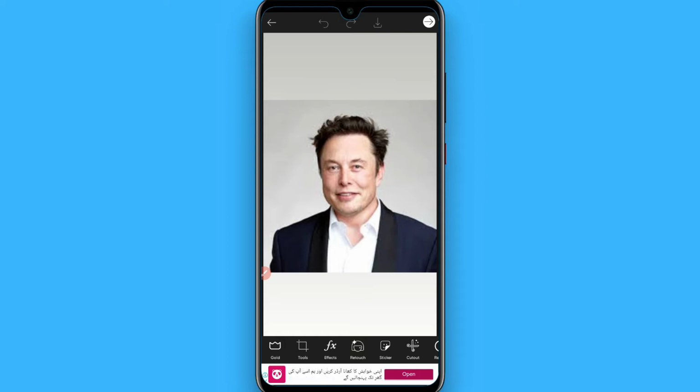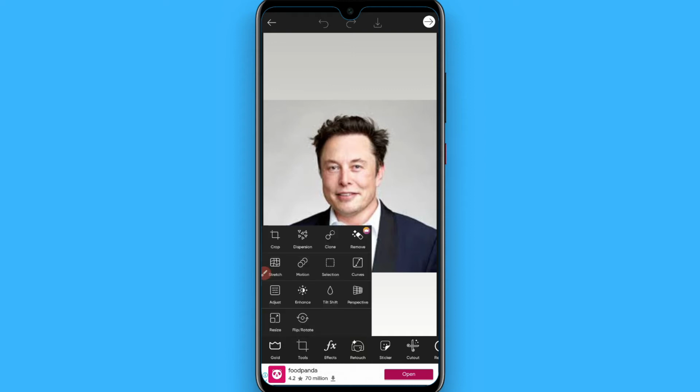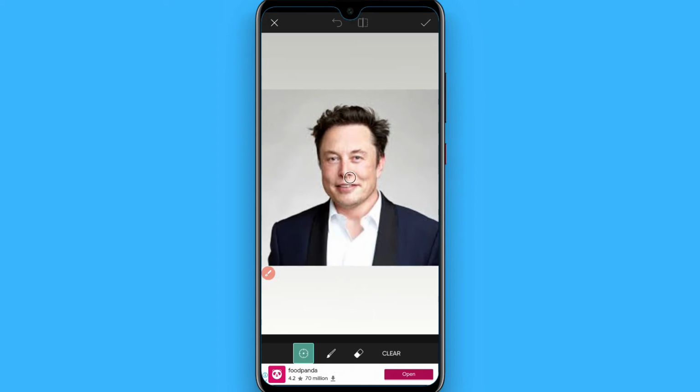One way is that you can use clone, or if you have a pro version of PicsArt, you can go for remove. Having a pro account is good, but if you don't have one, don't worry, you can use clone. So tap on the clone from here, and now you have to select the